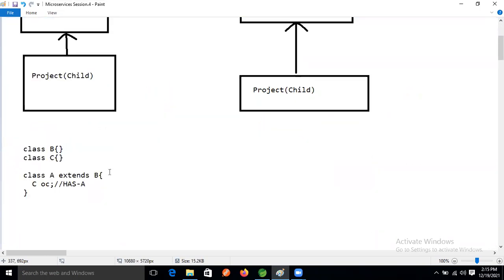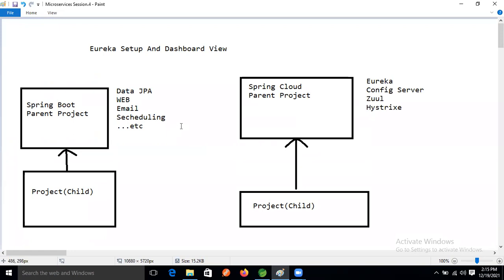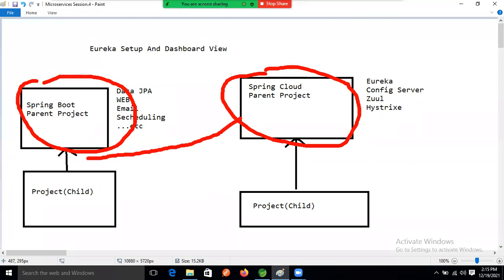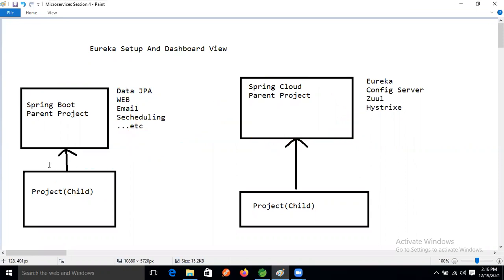We have to make a has-a relation between the parent projects. One parent project is there, and this project we will make as a has-a relation. Then we can use these services in this project also, right? Yes, absolutely.